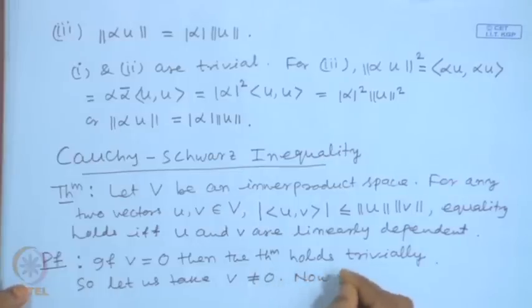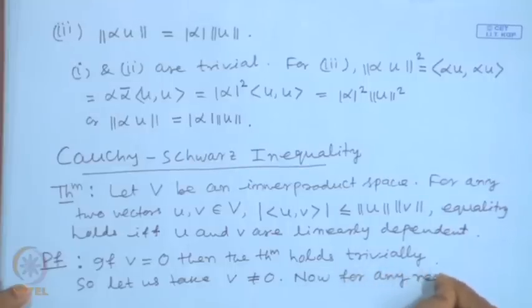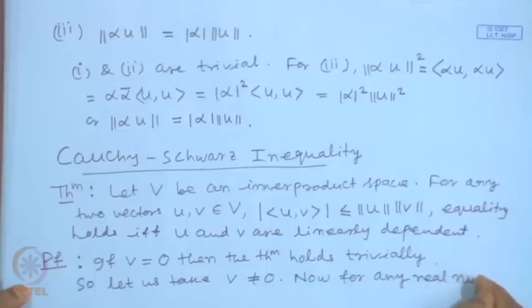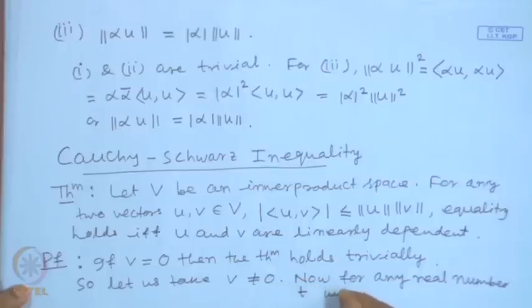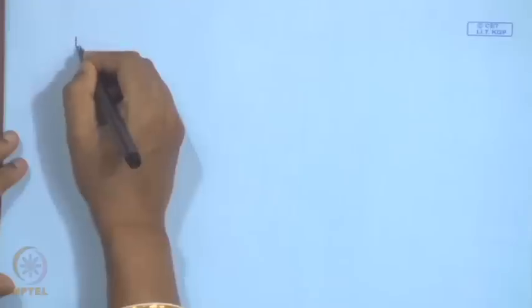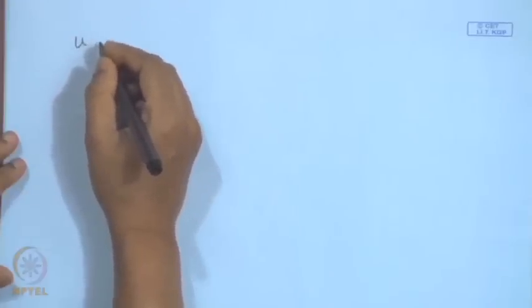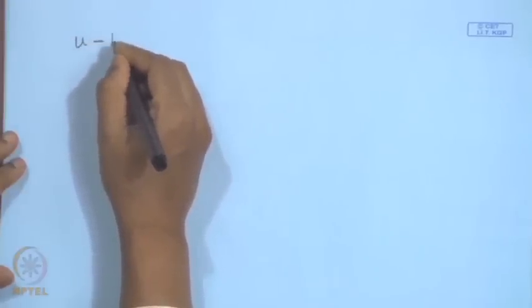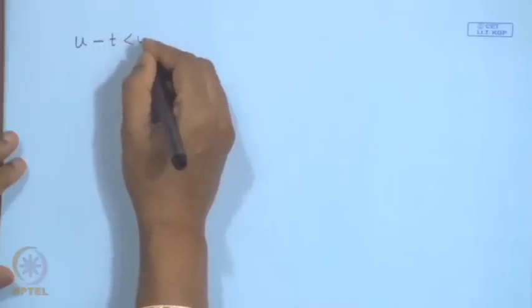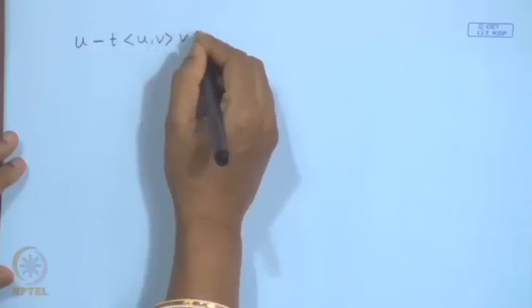Now, for any real number t, we have the following. We consider the norm of u minus t times the inner product of u, v times v,